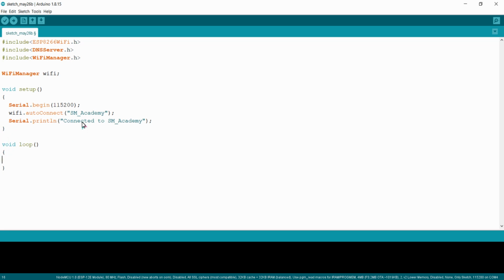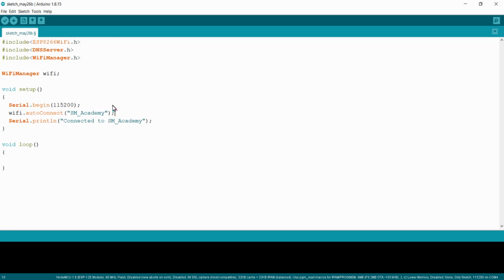What it does is it will try to connect to the network called SM Academy, and if no access point is available in the name of SM Academy, it will create a Wi-Fi hotspot, and by connecting our device like a laptop or mobile phone to this hotspot, you can configure the required SSID and password for connecting this ESP8266 to the required access point or Wi-Fi router.